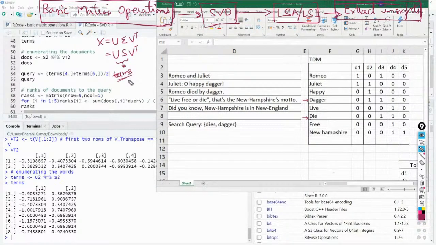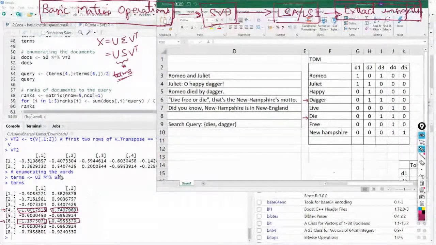It captures information of terms. You have 8 terms and then you have 8 rows. Dagger is this 4th one and die is 6th. So all you do is you take these two and take an average of these two. Okay. And then take these two and take average of these two.